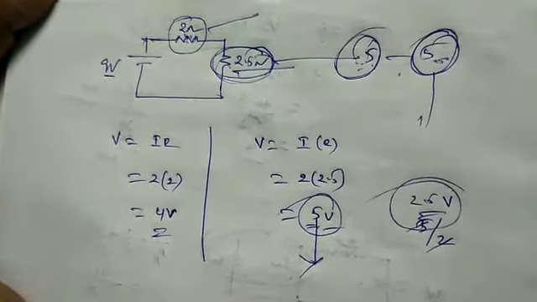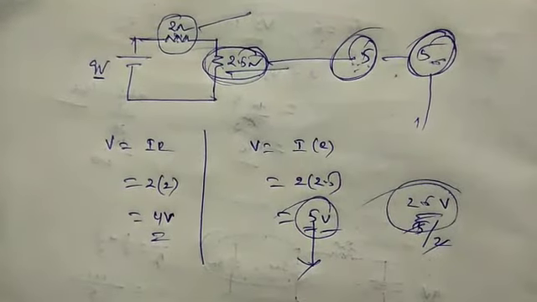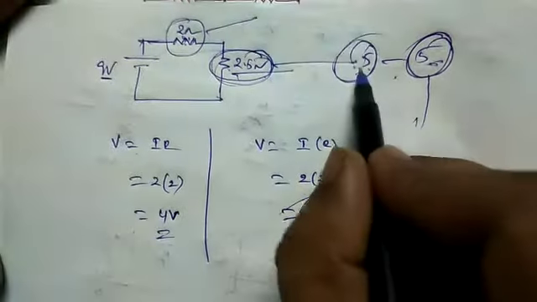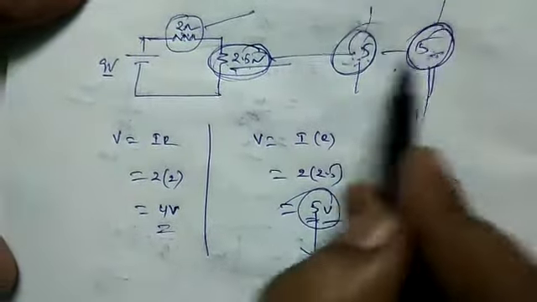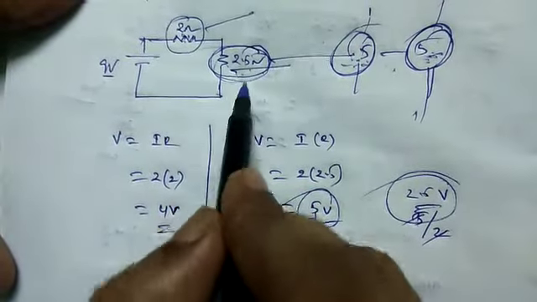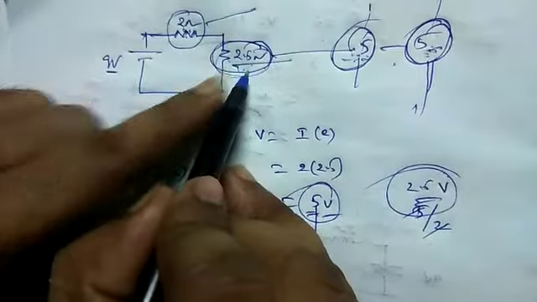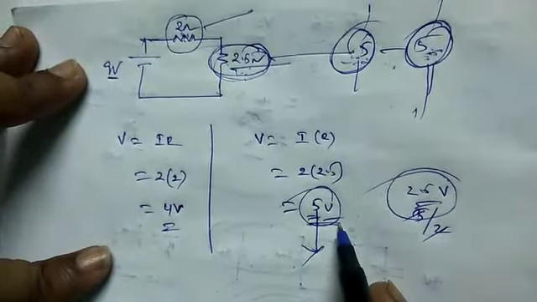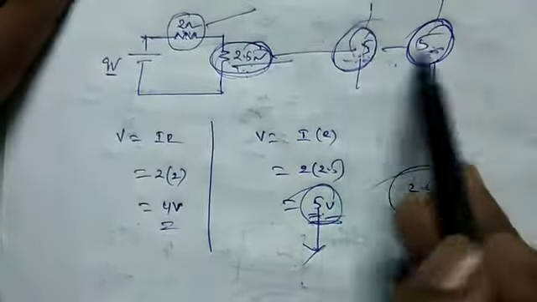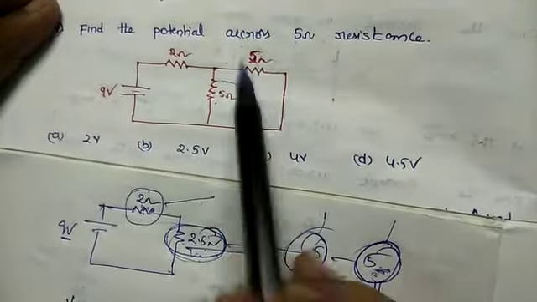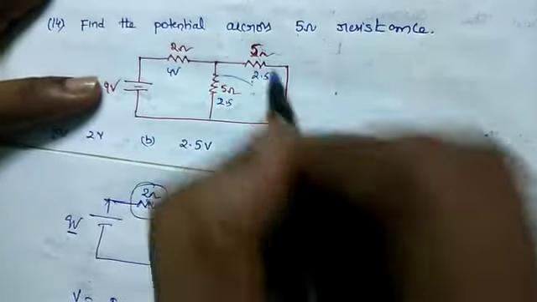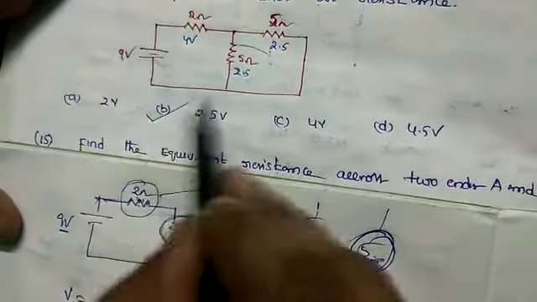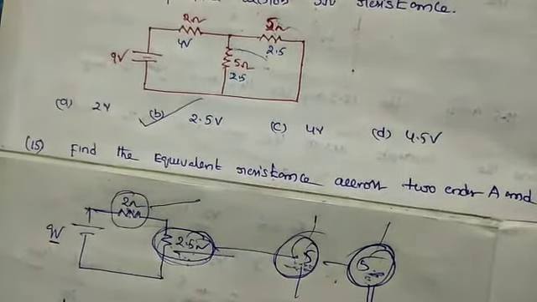2.5 volts. Easy to share. Do you understand? So here each 5 ohms is carrying 2.5 volts. Why? Because these two are in parallel connection. We can get one resistance, that is 2.5 ohms. How much voltage is this 2.5 ohms carrying? 5 volts. These 5 volts are distributed between these two 5 ohms resistances, this 5 ohms resistance and this 5 ohms resistance. So that's why here 4 volts, here 2.5, and here also 2.5. So what is the answer now? 2.5 volts. Do you understand or not?